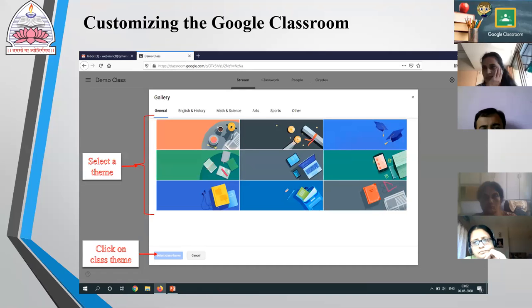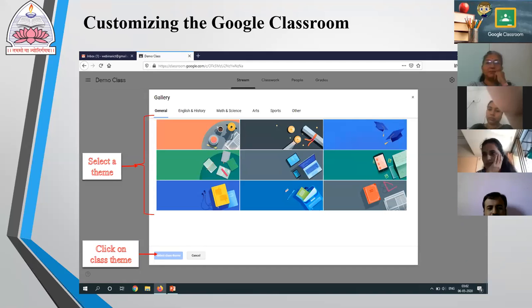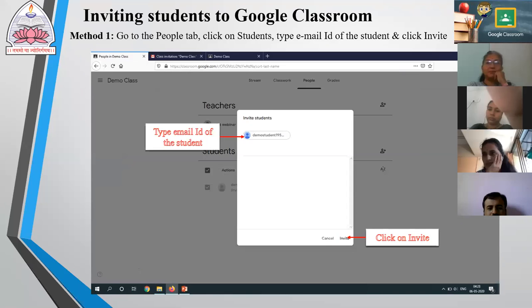So you can select one of the tabs and whatever theme you want to keep for your classroom, you can click on that. And at the bottom, you'll be having select class theme. Click on that. So the look of your Google Classroom will be changed. In short, the theme of the classroom will be changed. So this was additional information where I can customize my Google Classroom.